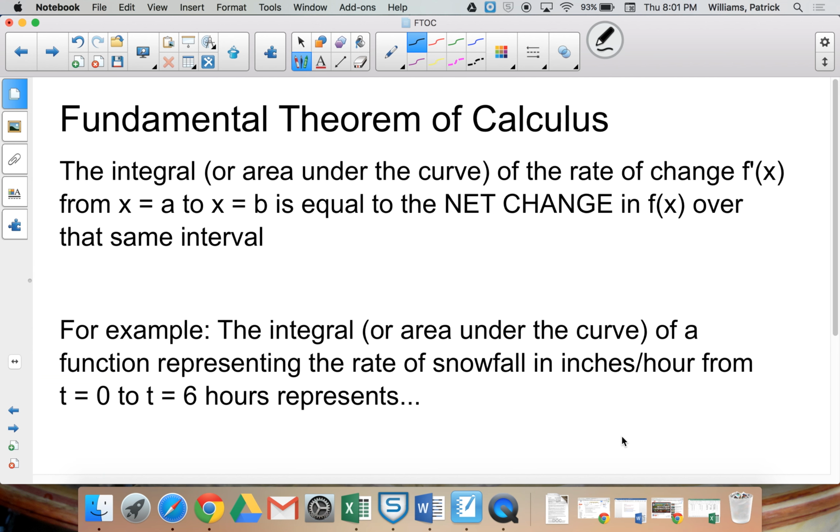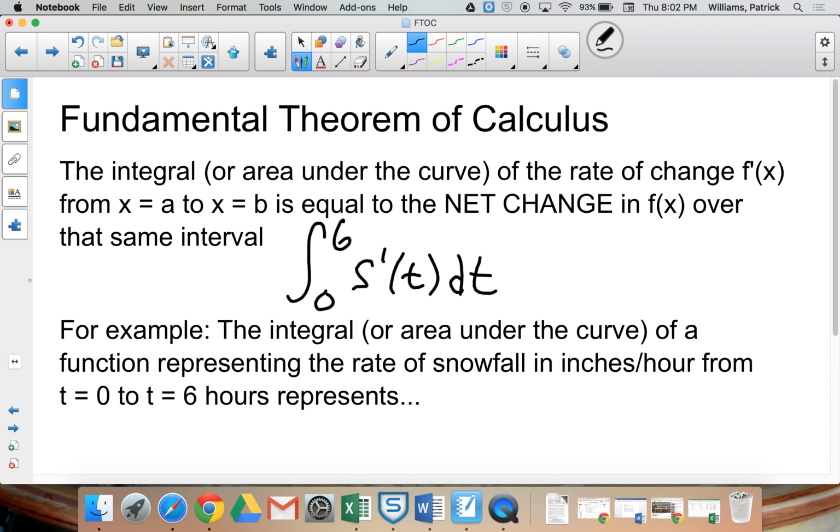So the first one is the integral, or the area under the curve, of a function representing the rate of snowfall in inches per hour from a time t equals 0 to t equals 6 hours represents what? Pause the video and see if you can fill in the rest. Okay, if you give it a shot, really what we're asking for is to evaluate a definite integral. That definite integral would be from t equals 0 to t equals 6, and we'll just call the rate of change of snowfall s prime of t